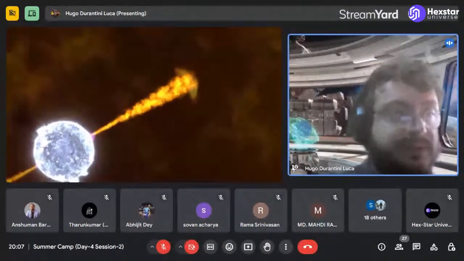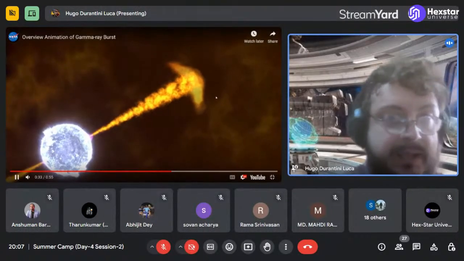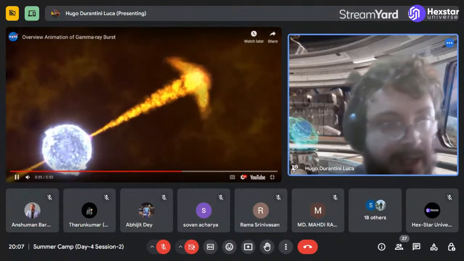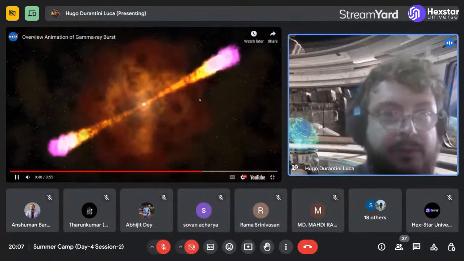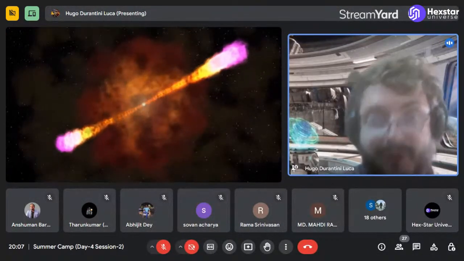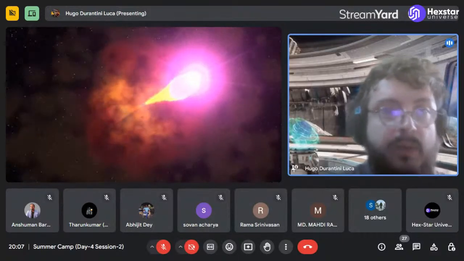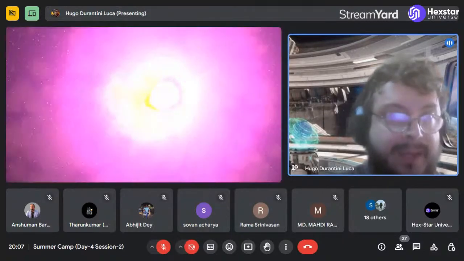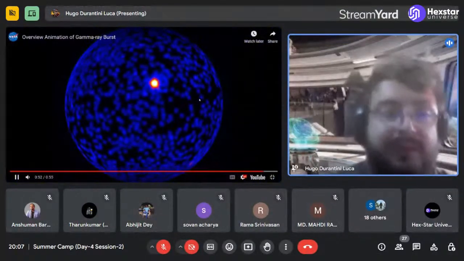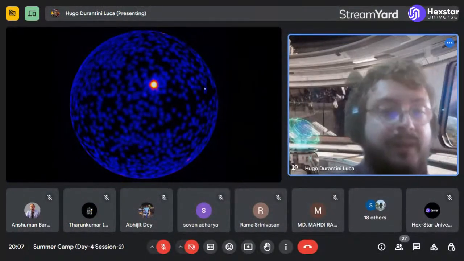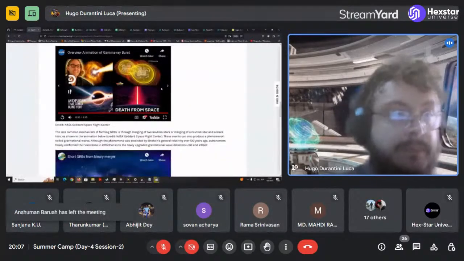So you have two jets, and believe me, you don't want to be in the near stellar neighborhood when that happens, because it can be very bad for things like keeping your ozone layer, for example. So luckily, we are not at risk of having any of those very close by. So there you can see how a gamma ray burst can start and be detected.